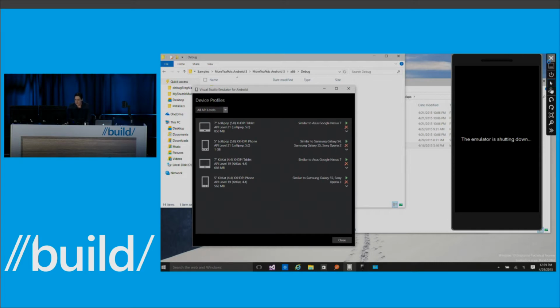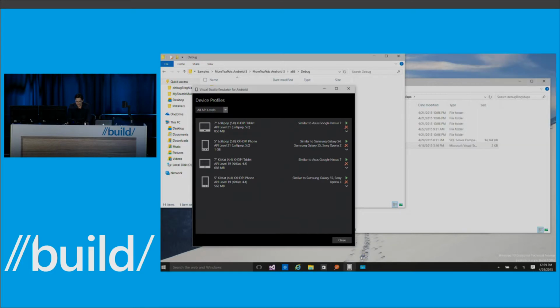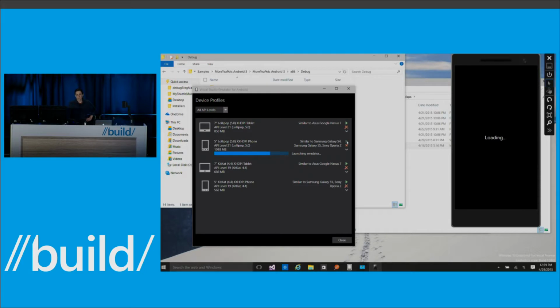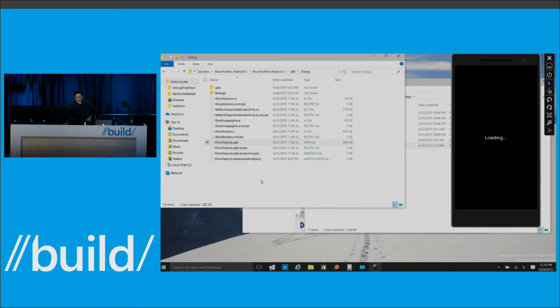I can't have two instances of ADB running at the same time. Okay, let's restart this. This will take just a second. All right. Once this loads, I can actually just go ahead and drag and drop the APK directly onto the emulator. This is a pretty cool demo.